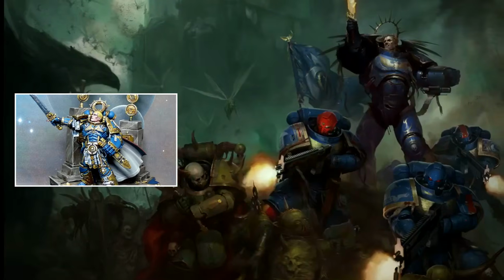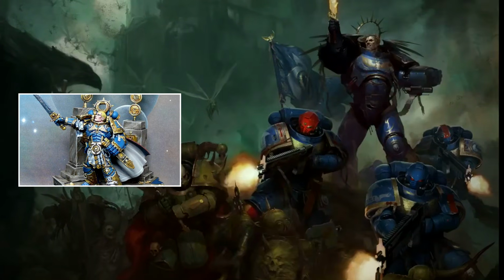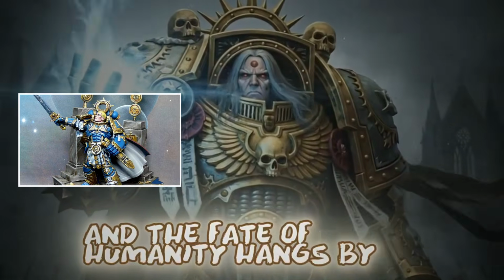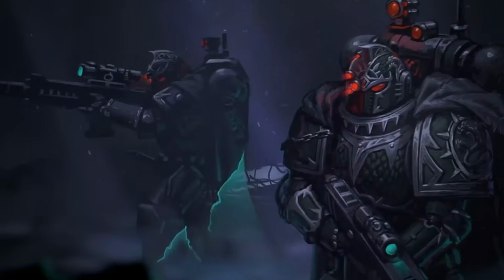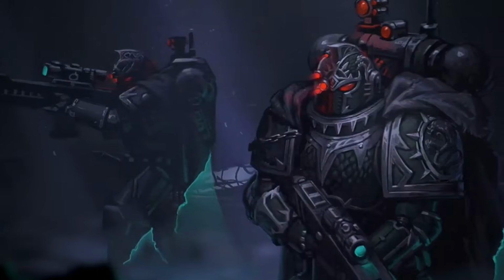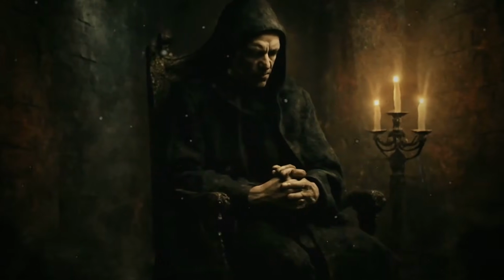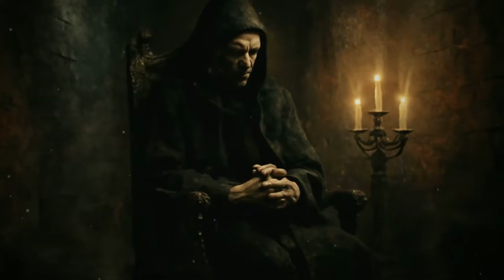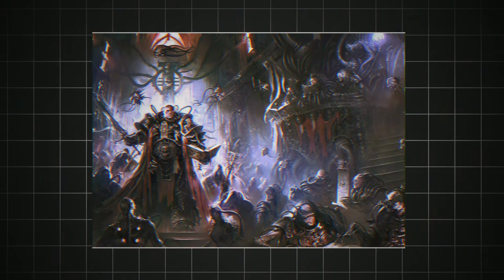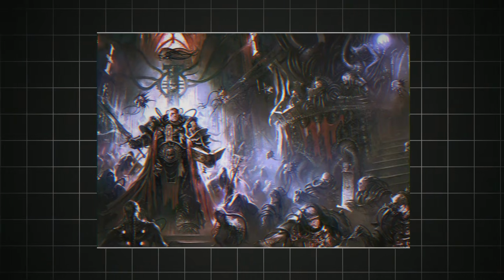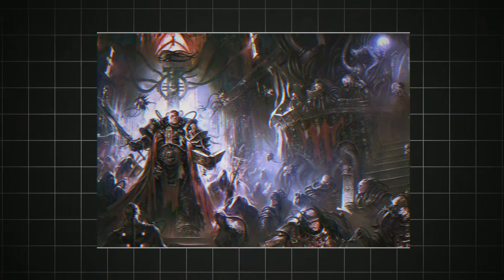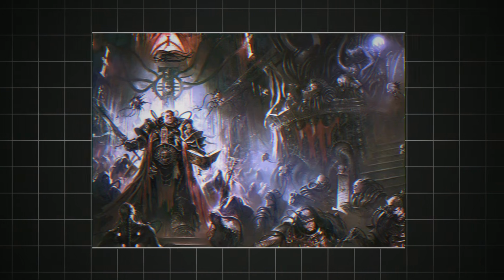However, Guilliman, with his characteristic pragmatism and unwavering loyalty, ultimately prevailed, arguing that the long-term stability of the Imperium depended on these reforms. The Space Marine Legions, once the spearhead of the Great Crusade, were thus fractured, their brotherhoods divided, and their individual identities reforged as independent chapters, each with its own traditions, heraldry, and homeworld. This fundamental shift in military organization would define the Space Marines for the next 10,000 years, ensuring their continued loyalty to the Imperium, even as it sometimes hindered their ability to wage large-scale campaigns.